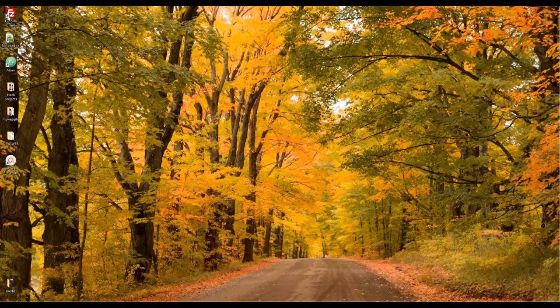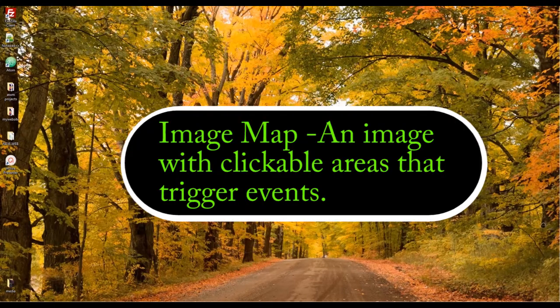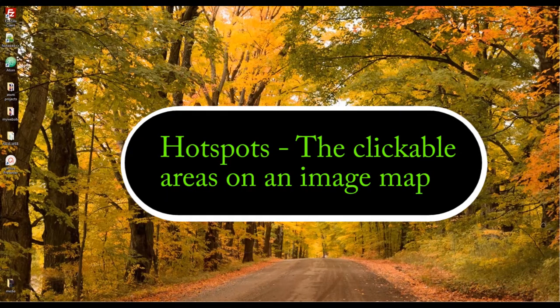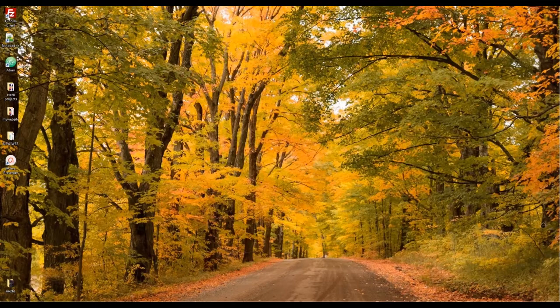In this video, we're going to take a detour from our web design series, and we're going to talk about the creation of an image map. An image map is essentially a picture that appears on your web page, and you can create hotspots that appear in different spots of your map that can serve as links to other pages or to different parts of a page. So essentially, the image map is like a navigation bar, except it's a picture instead of a series of